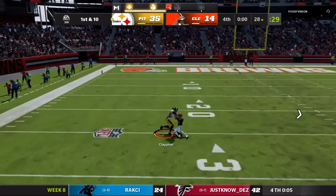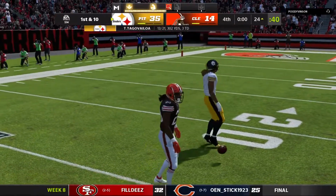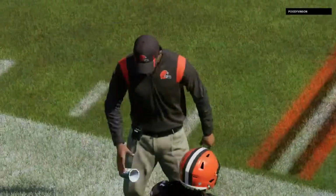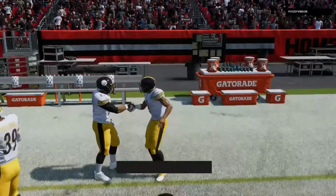Going for the deep ball. A fight for it, and this is caught. It's caught indeed. All over. So this one in the win column for the Pittsburgh Steelers. And they were buoyed, Charles, by a big